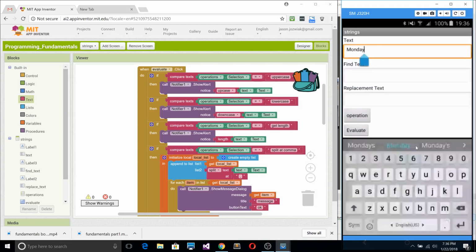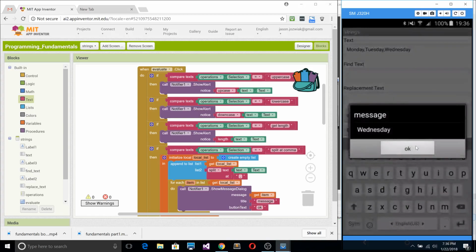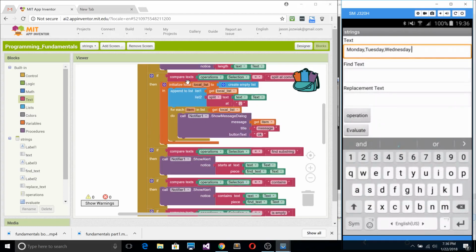The next operation we could use is split at comma. Here we'll do what's known as a comma separated list, and I'll say Monday, Tuesday, Wednesday, and then I will evaluate that, and it will list Wednesday. It goes from the back to the front. So Wednesday, then Tuesday and Monday. So what happened here, and we'll look at the code for a quick second, is